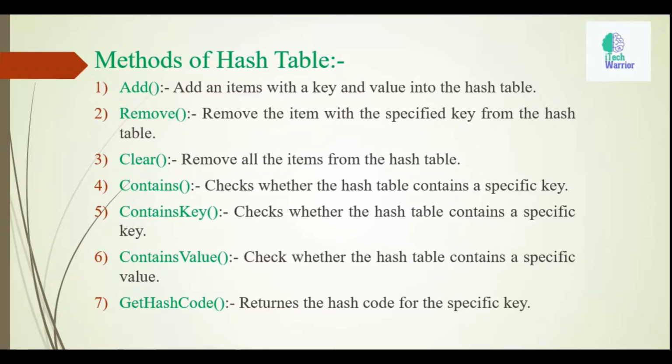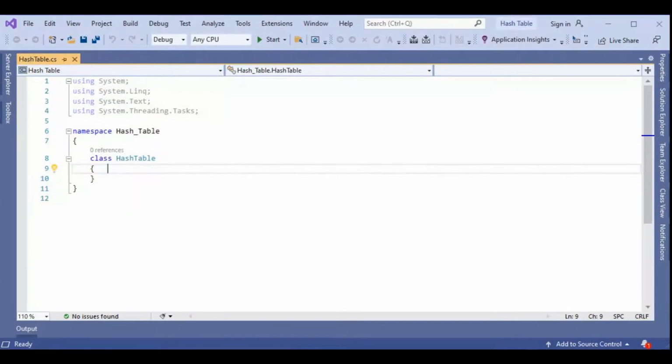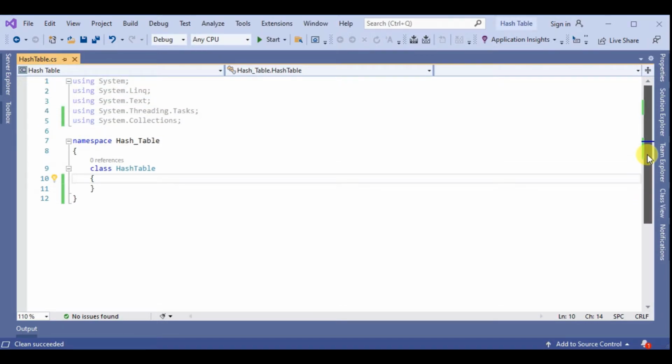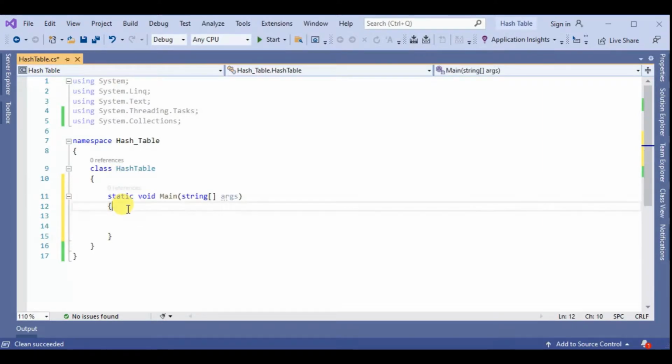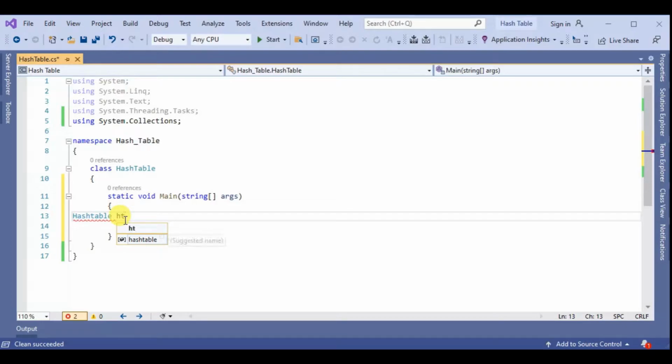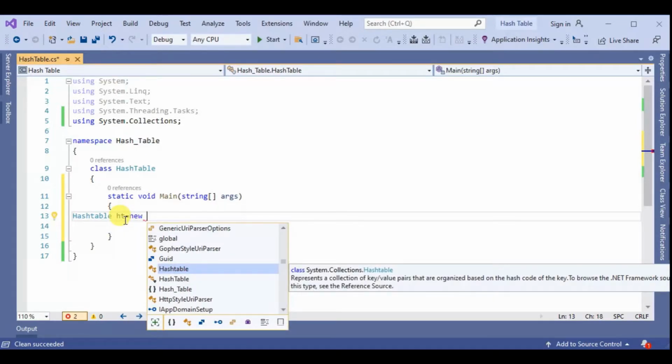So we will understand all the methods and properties practically in Visual Studio. So let's flip to Visual Studio. So now we are inside Visual Studio 2019. Here I already created a class HashTable inside the namespace HashTable. So inside the HashTable class, let's create the main method. And inside the main method create a hashtable class